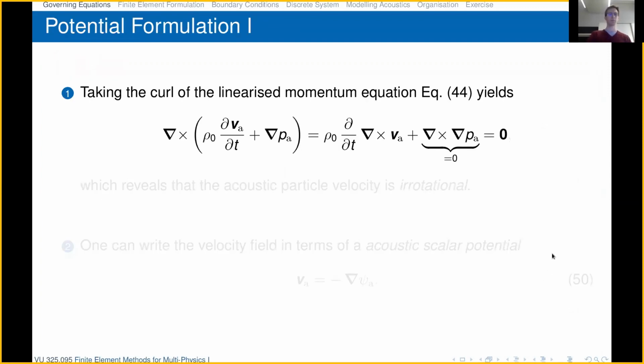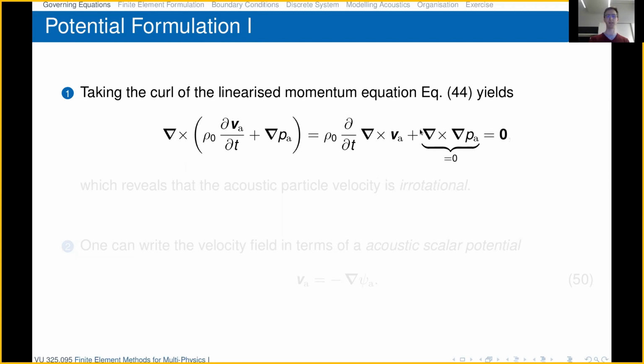So we have seen the acoustic formulation, the pressure formulation. In acoustics, we also have a second formulation we can use to derive the acoustic wave equation. And this is what we do now. This formulation is called the potential formulation. We'll quickly see why. So if we take the curl of the linearized momentum equation, written down here, curl of the momentum equation, we pull in the curl,